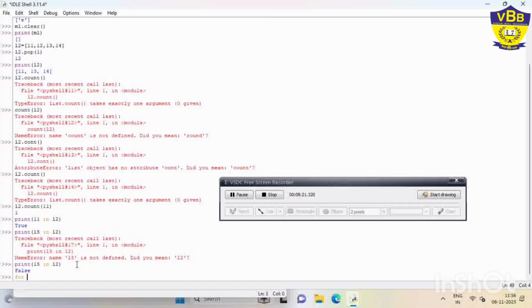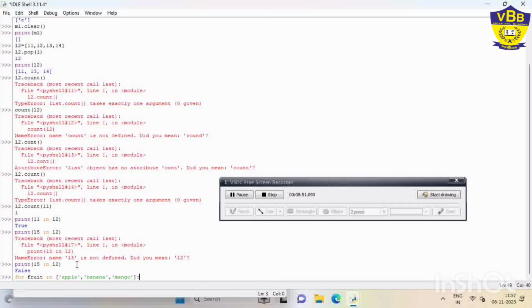Suppose I am making a list of items and a loop variable. We have created a list of the elements: apple, then comma, banana, then comma, mango.